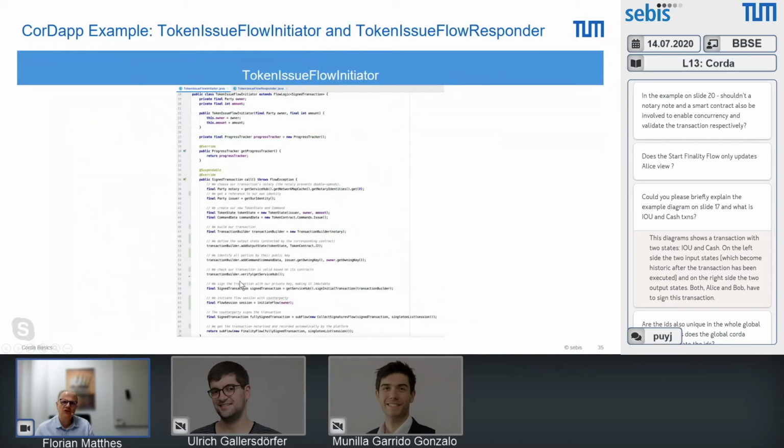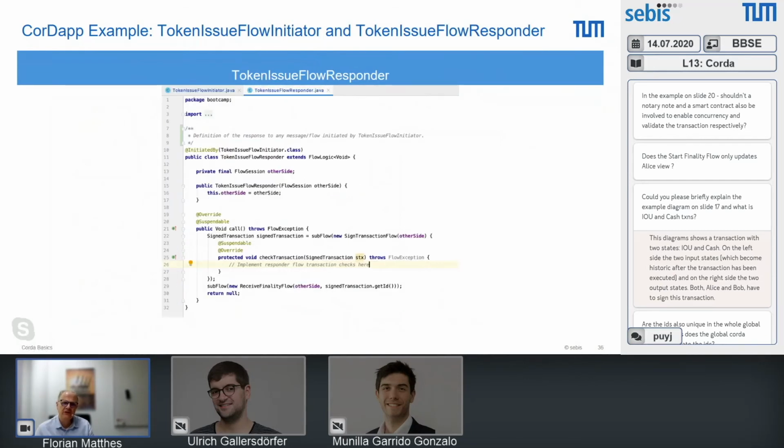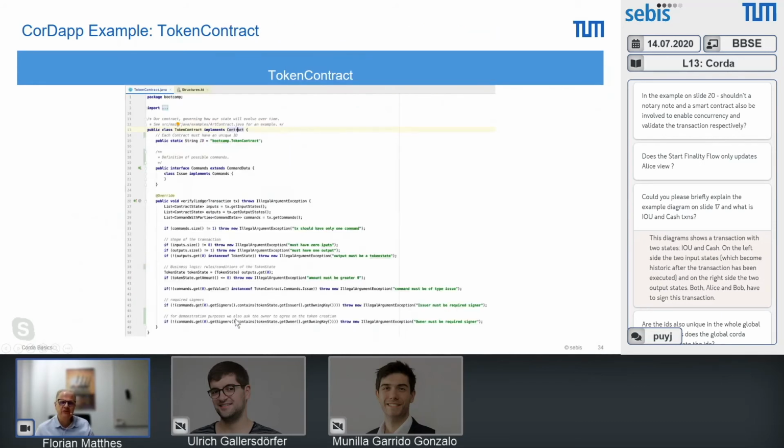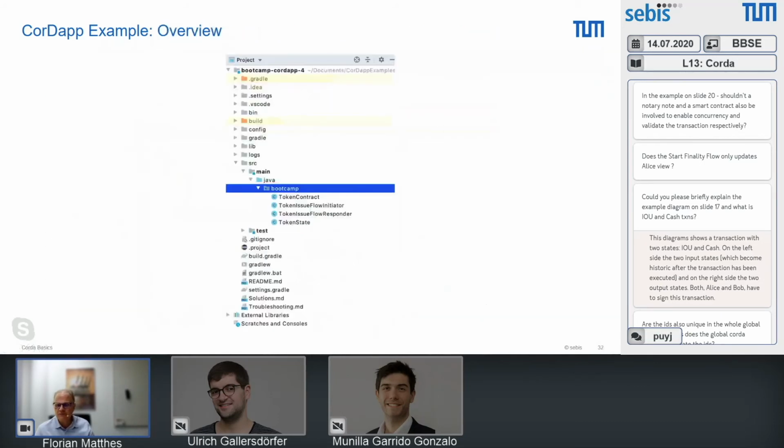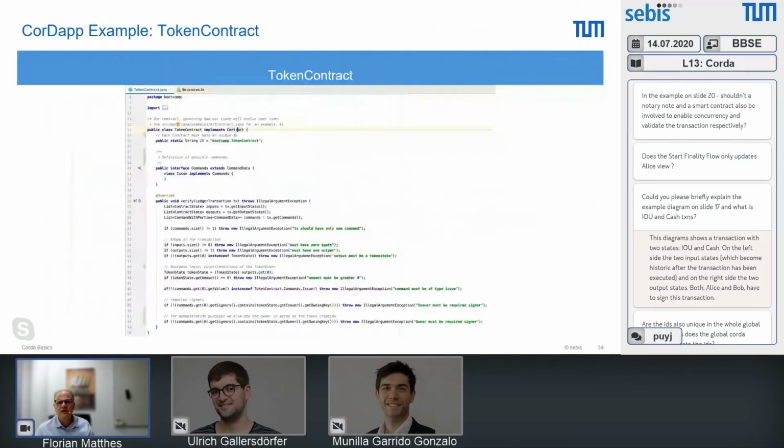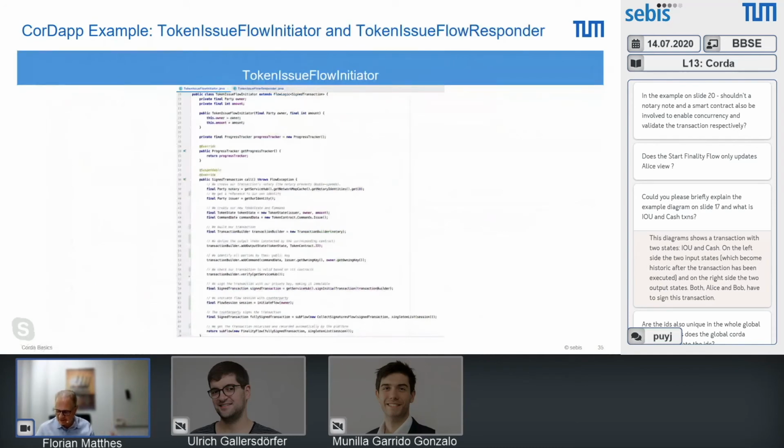And this flow initiator now needs a second object, which is a token flow issue responder object, which also has a constructor and which defines how the token issuer flow should be responded to by the recipient of the token. As you can see, if you would write this in Ethereum, that would be a very small piece of code, because it is essentially the assignment of the ownership of one token to another party,